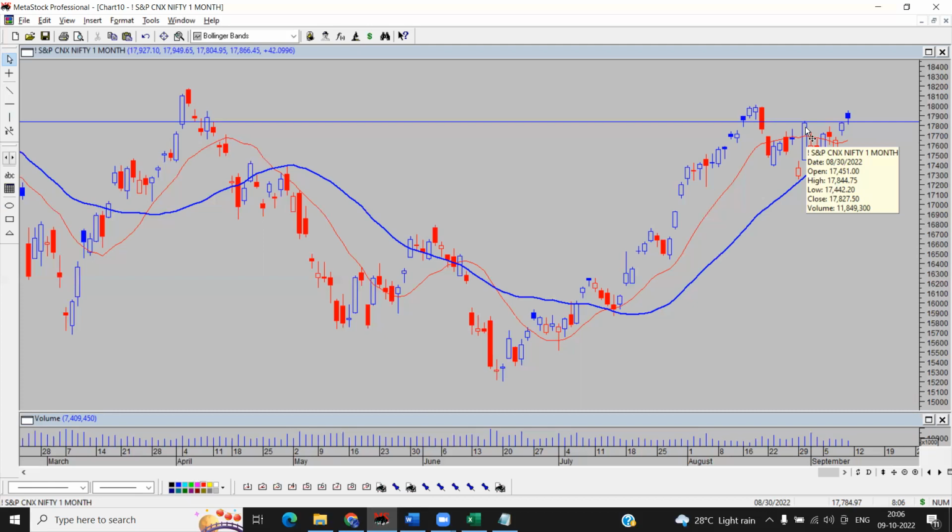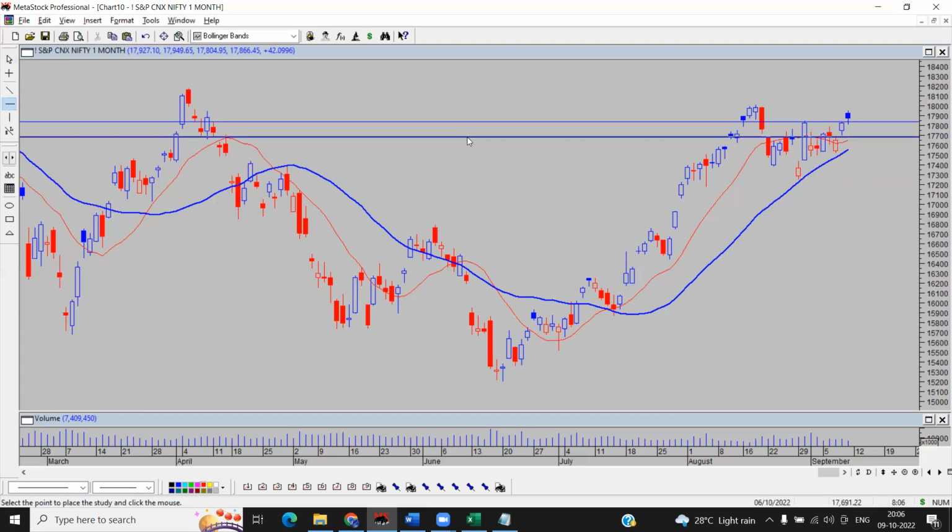So you put the resistance line on the long bar. Yeah, the close of that day, 17,827. 30th August. 30th August, right. Okay. And there is a gap. Last 3 days. There's a gap. You can take it this way that, okay, but that is quite far off. So obviously, what may happen that you are missing a lot of money.